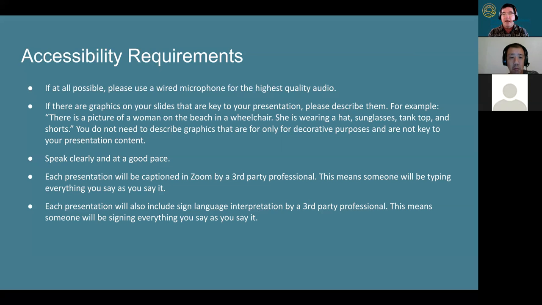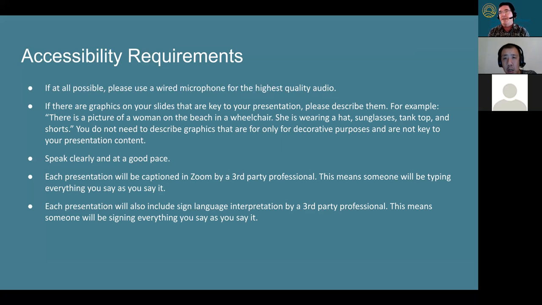Now, thirdly, probably real critical, not necessarily for discussing so much, but you want to make sure you speak clearly and at a good pace, so you don't have to rush it. I realize there's not a lot of time to give the presentation, but hopefully all the presenters will have had time to practice, and we want to make sure that it comes off clearly and concisely. So when you speak, make sure you speak at a good pace.